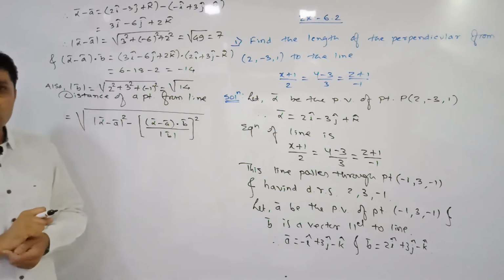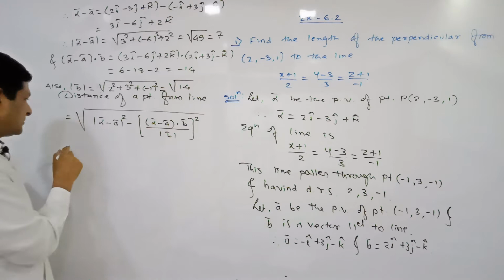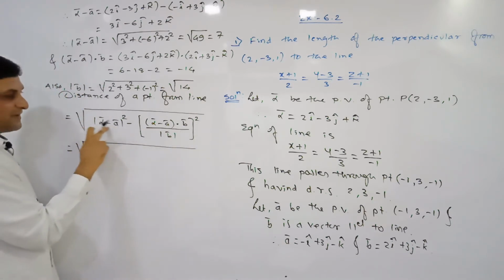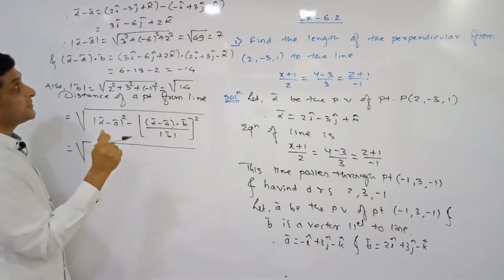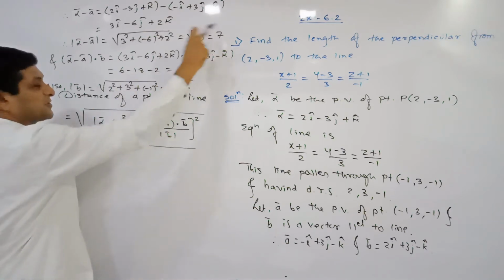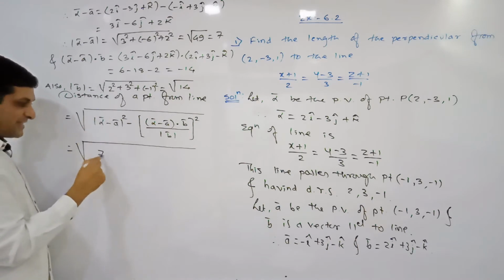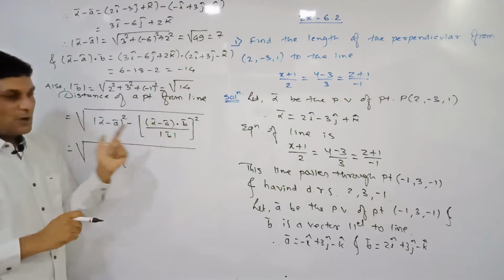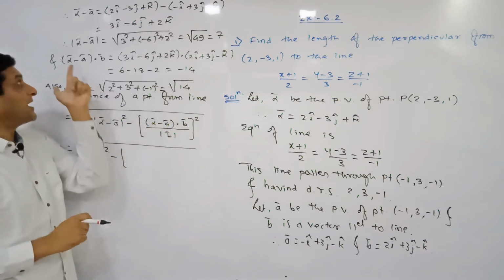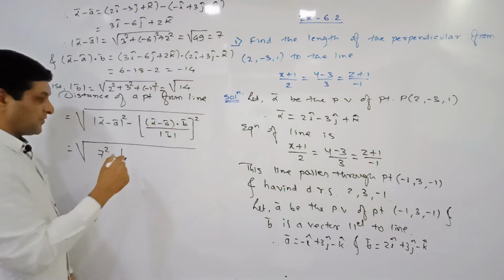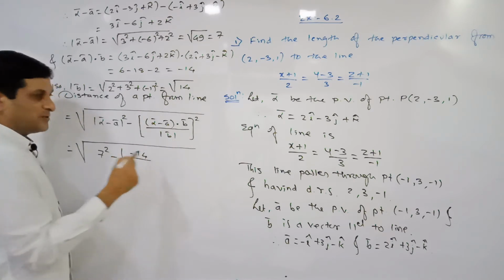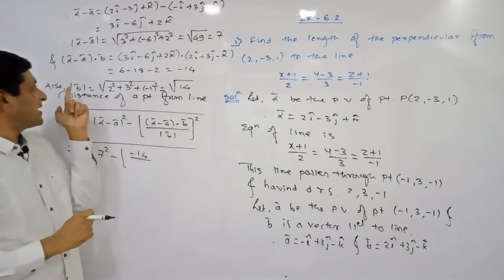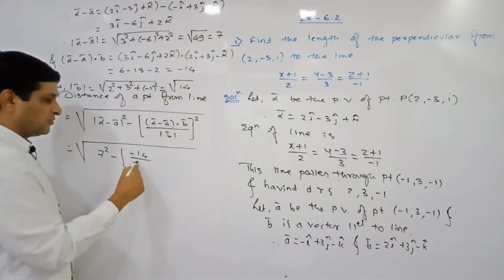Once all these values are known to us, the remaining part is to substitute these values in the formula. So let us see what we will get here. What is the magnitude of alpha bar minus a bar? It is equal to 7. So here replace this value by 7, keep the square as it is. In the numerator we substitute the value of the dot product of alpha bar minus a bar and b bar. What is the value of this dot product? Minus 14. So in the numerator substitute minus 14. In the denominator replace the magnitude of b bar by its value. The magnitude of b bar is equal to under root 14.